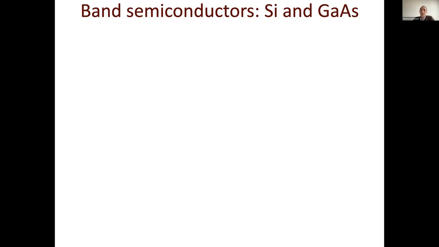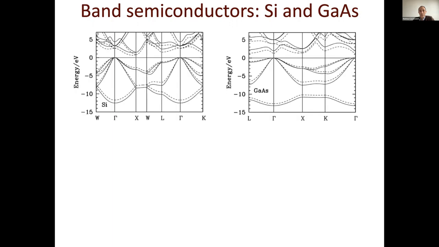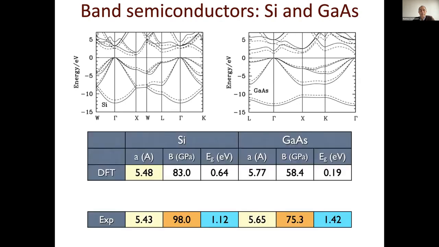Now, of course, these are not systems where you get localization of electrons on single atoms. Rather, you have sp3 kind of bonds between atoms, so you better use the +V approximation. And in fact, you see here in this band structure, compare what you get in the plain DFT, which is the dashed lines, with DFT+U+V results, and you see a nice improvement of the width of the band gap, and also the +V is